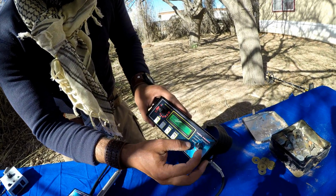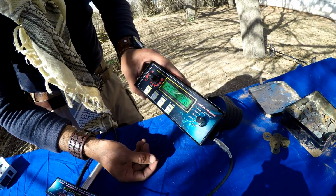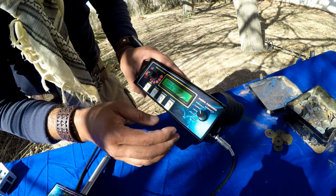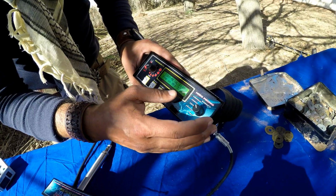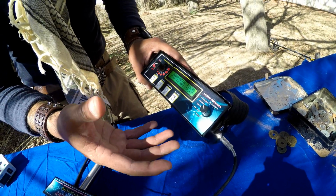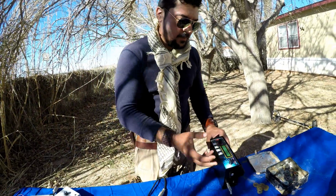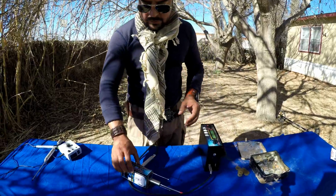It goes to emerald, and it jumps back to the frequency that it was on. So overall, I think this setting right here, from the experience that I have with long range equipment, is just a bogus knob. It's not gonna do anything. And then you can see right here